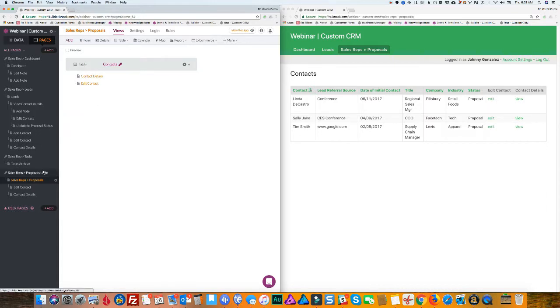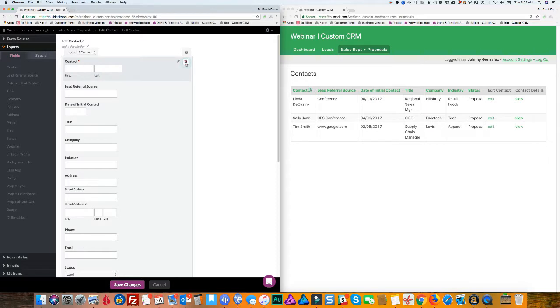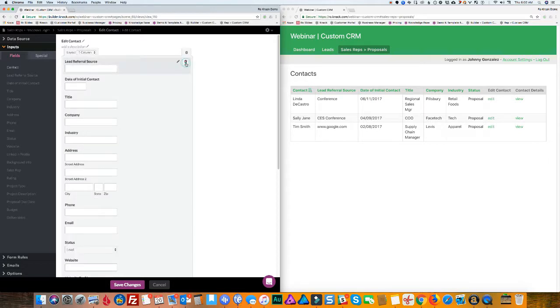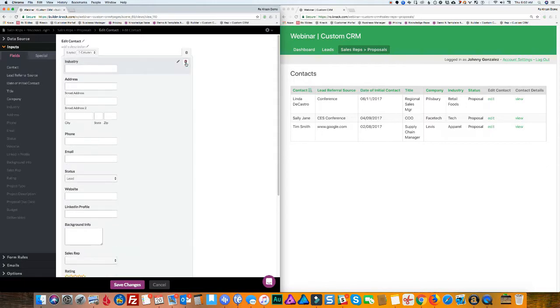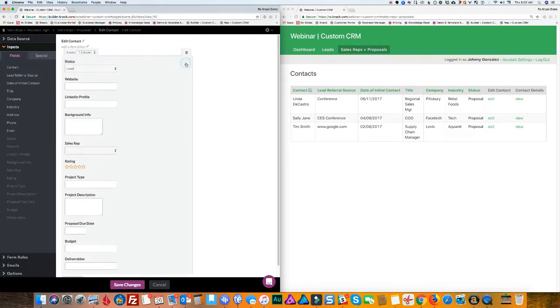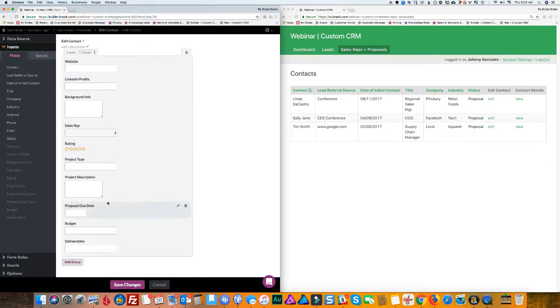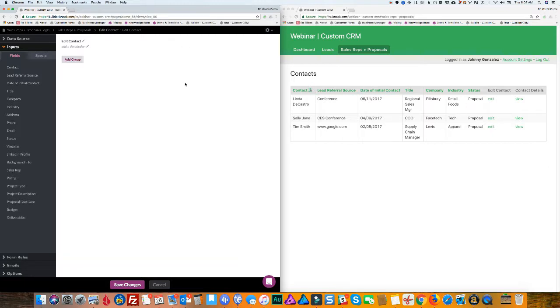and then we can head over to, again, this edit contact form here, and go to that page, and then do the exact same thing that we did with our leads. We can go into the settings, and then we can start removing the fields that we don't need. And I believe in our demo we were able to remove all of the fields, because you may not need any of this project information there. Let's say we just wanted to remove all of the fields and just delete this group altogether, and we just want to say